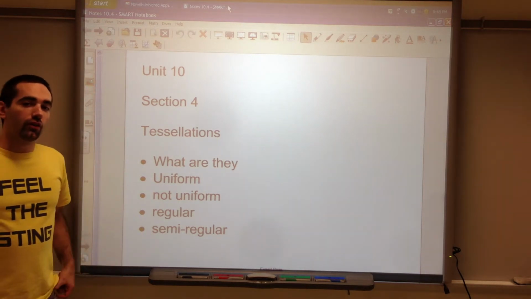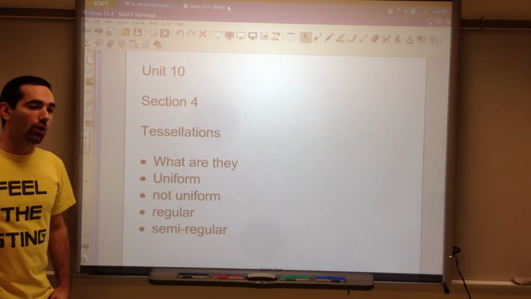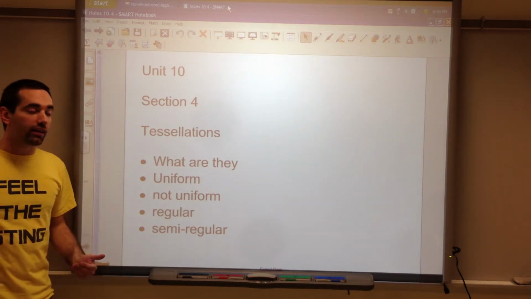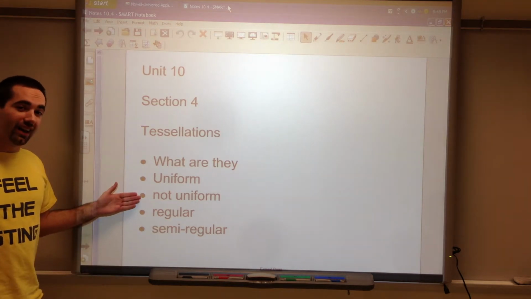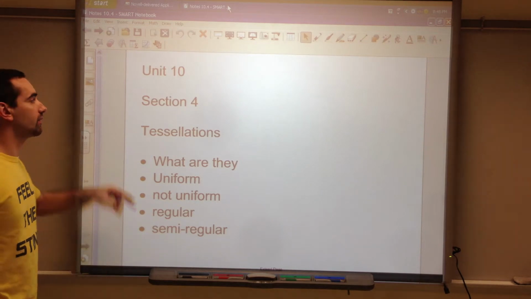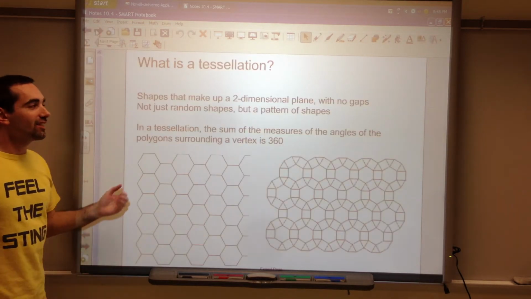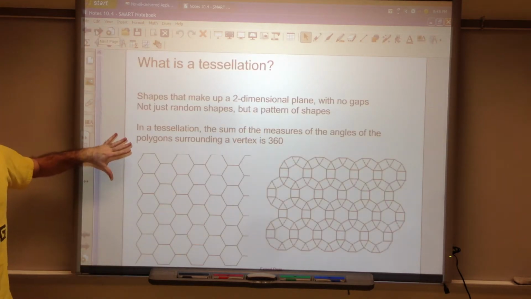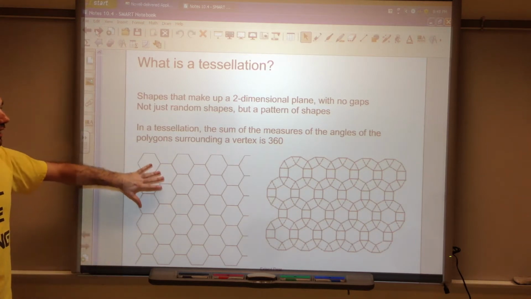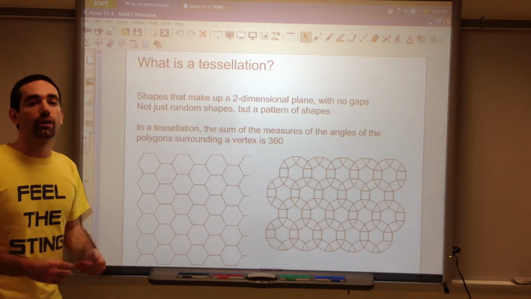Today we're going to be going over Unit 10, Section 4, which talks about tessellations. What are they? Well, we've got uniform, not uniform, regular, and semi-regular. A tessellation is shapes that make up a two-dimensional plane with no gaps, and these are not random shapes, but